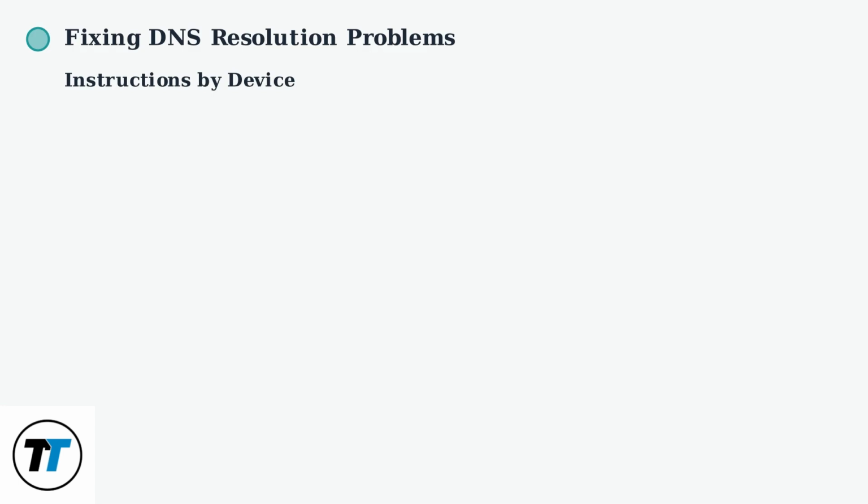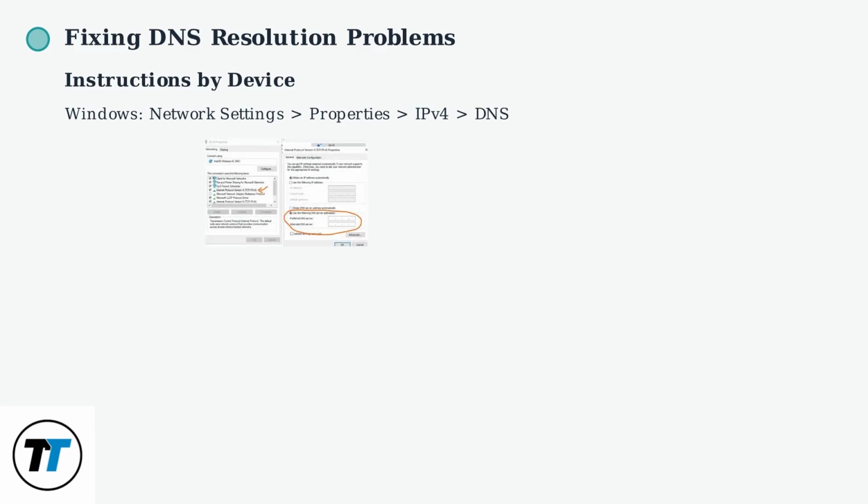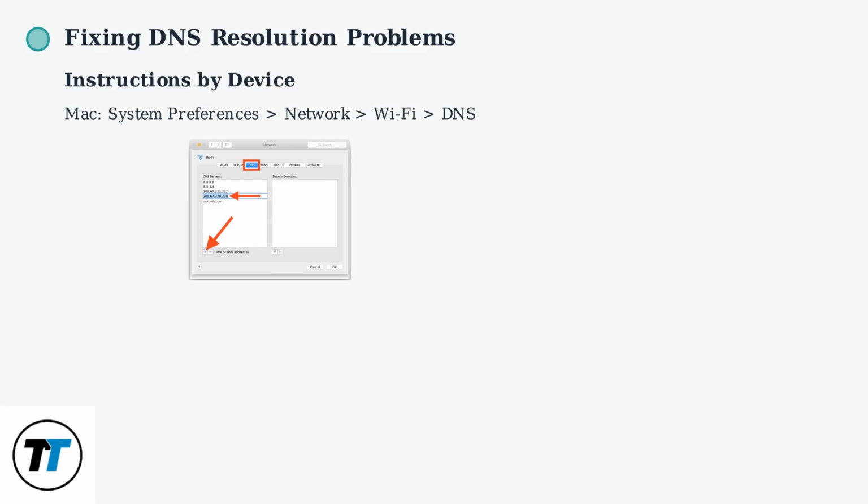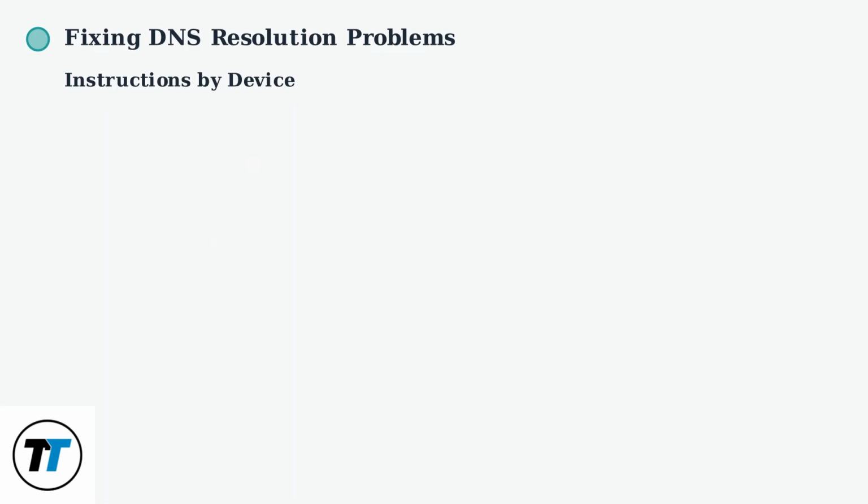Changing DNS settings varies by device. Here are the steps for common platforms. On Windows, go to Network Settings, select your connection, click Properties, then Internet Protocol version 4, and enter the DNS addresses. On Mac, open System Preferences, go to Network, select Wi-Fi, click Advanced, then the DNS tab, and add the